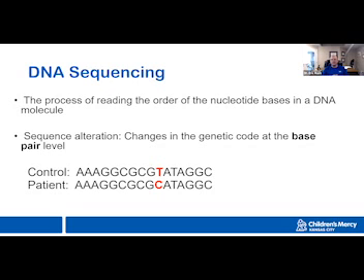Just as an example, I've given here a control, meaning a wild type, which has a T in a certain position, whereas the patient has a C in that position. Because that change occurs, it changes the meaning of the code. Now, we don't know from this information quite yet, is this a nonsense change, meaning does it change to a stop? Or is it a missense that changes it to a different amino acid?